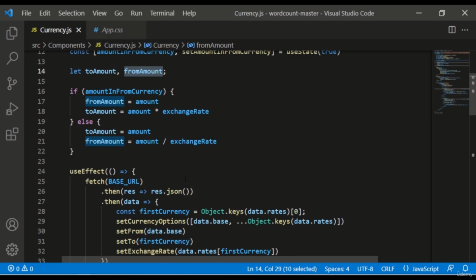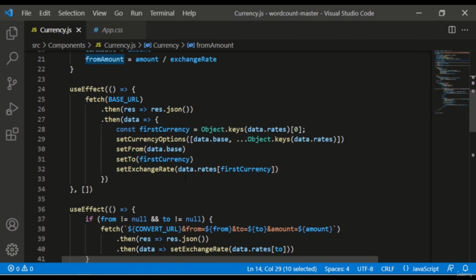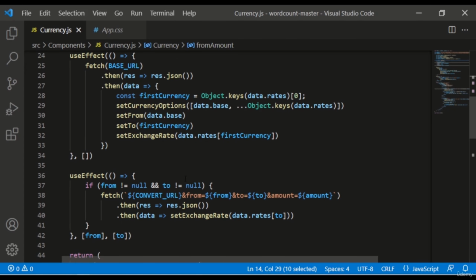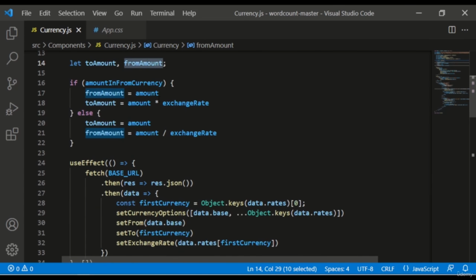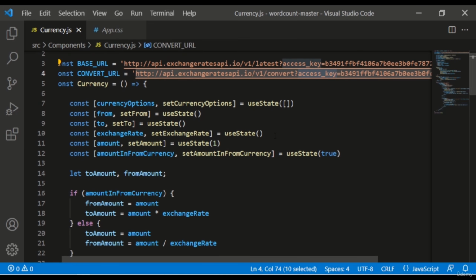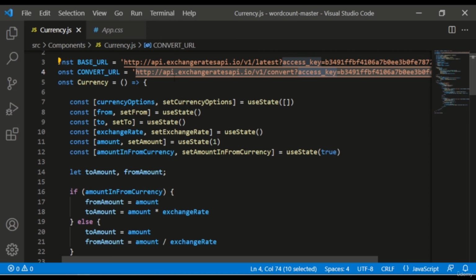Now we have to give some logic so that when we choose anything from the drop down, it should match that currency's exchange rate only. So I have used another API call from the same website, also with a use effect hook, but this time it has something more. I have this convert URL. I will show you what this URL includes. This URL mainly includes the same API, but this time it's slash convert, with the access key I have given, and you will get this, as I have told in my previous lecture, from this website